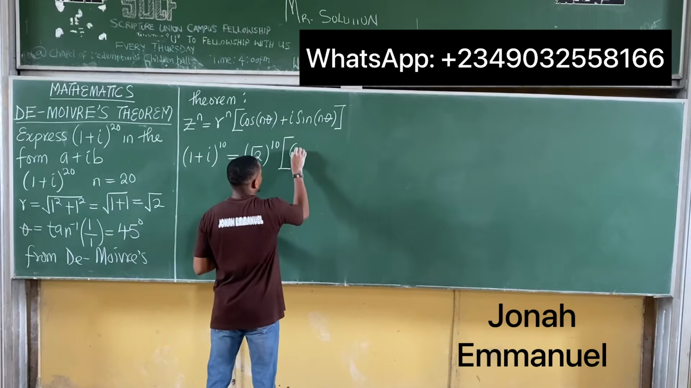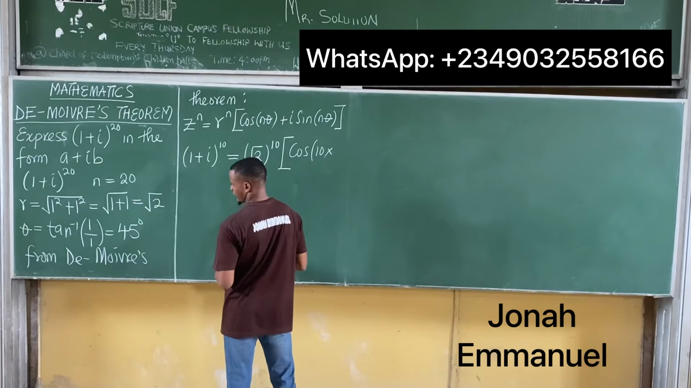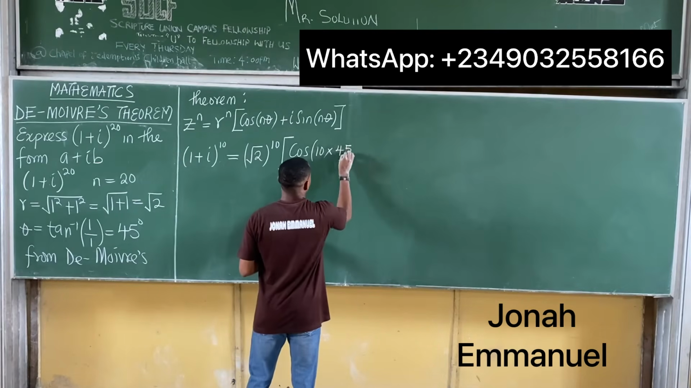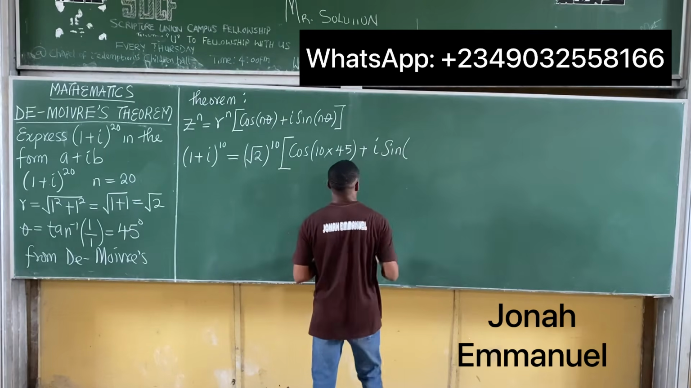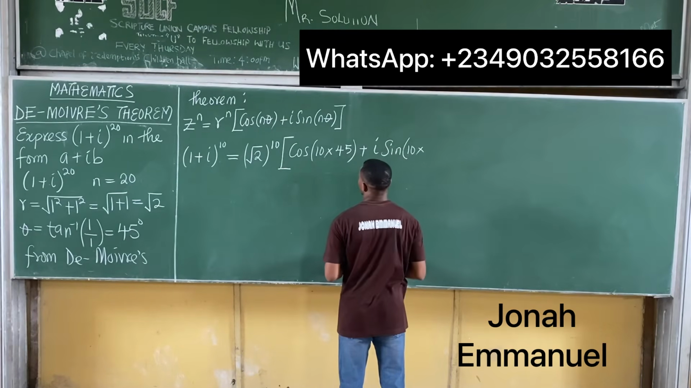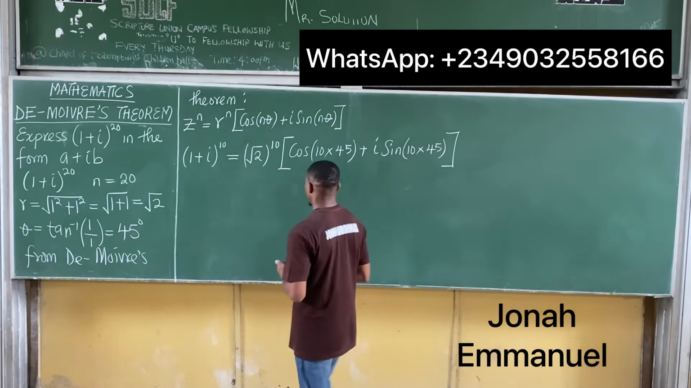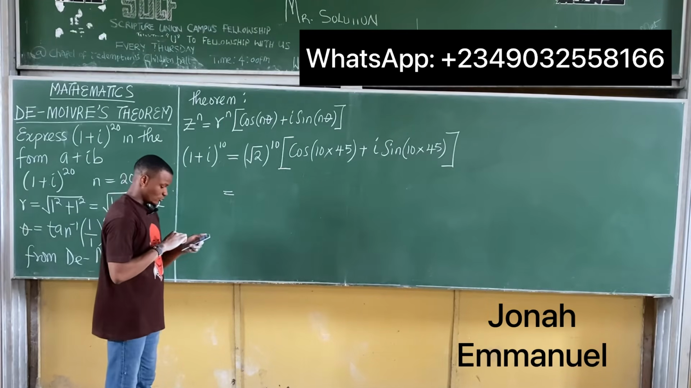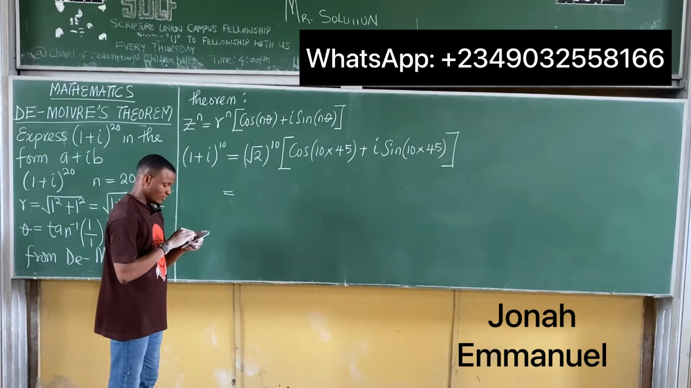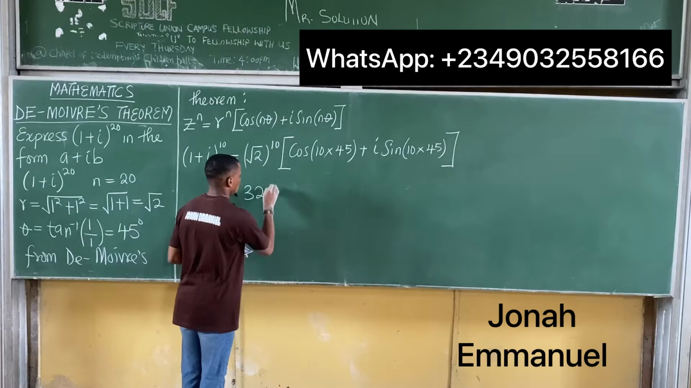into cos of n times theta, that's 10 times 45 degrees, plus i sine of n times theta, that's 10 times 45 degrees. So I have this one here. All right, so this is equal to root 2 to the power 10. Let's see your answer. Root 2 to the power 10, the answer here is 32. So it becomes 32 into